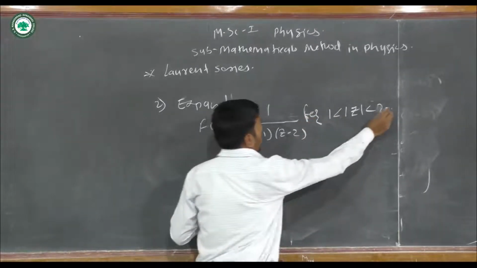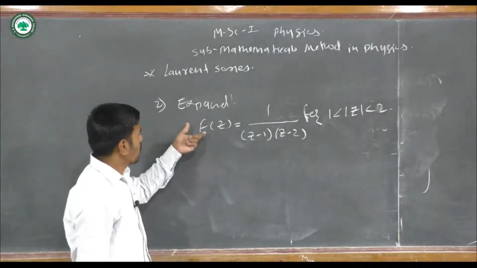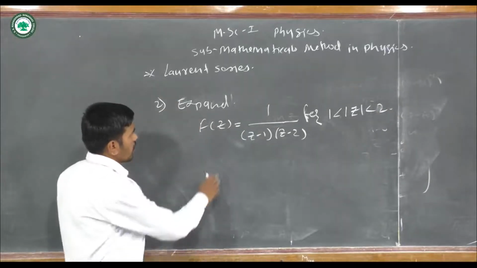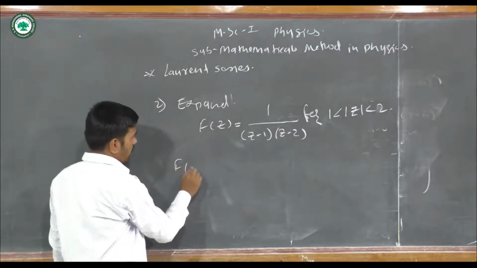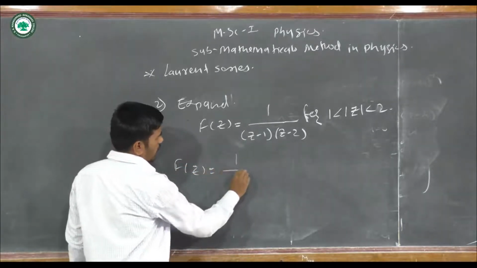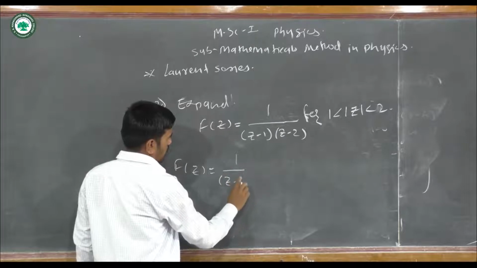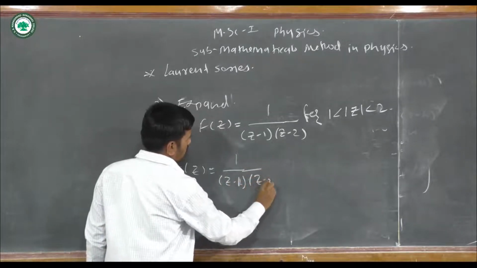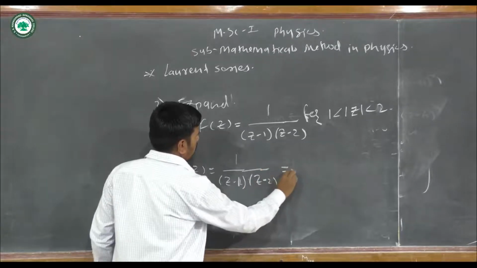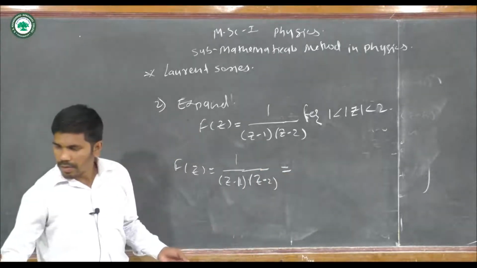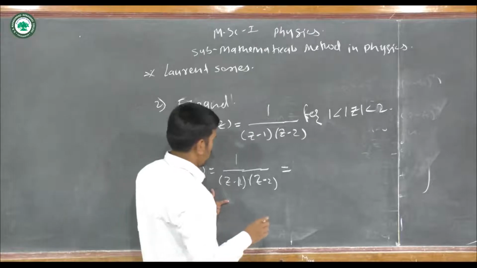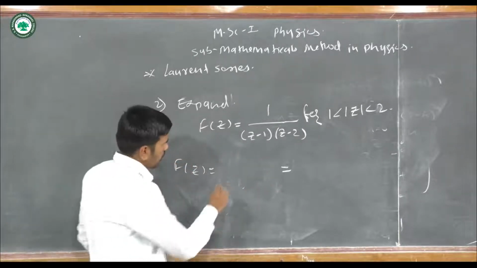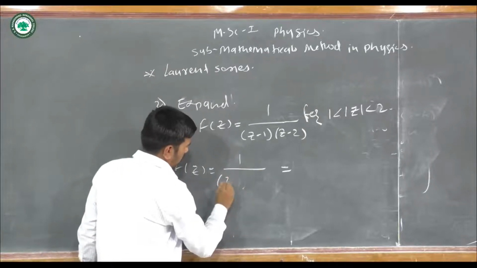So this is an example, and we expand it by the Laurent series. First I write f of z equal to 1 by z minus 1 into z minus 2, which equals